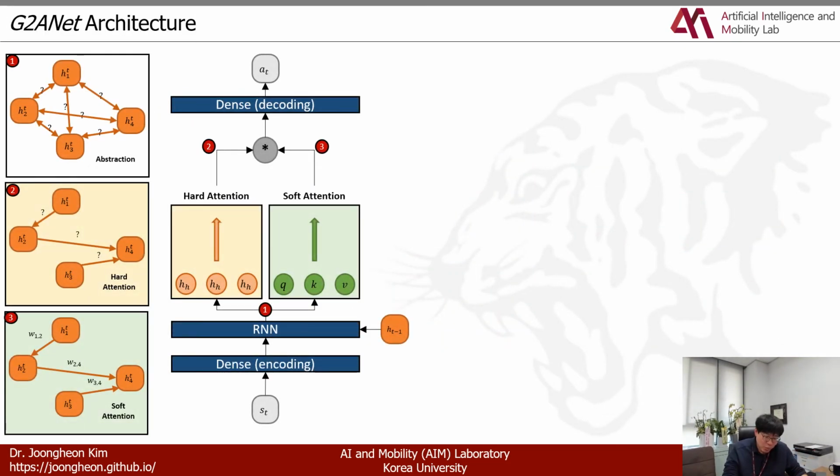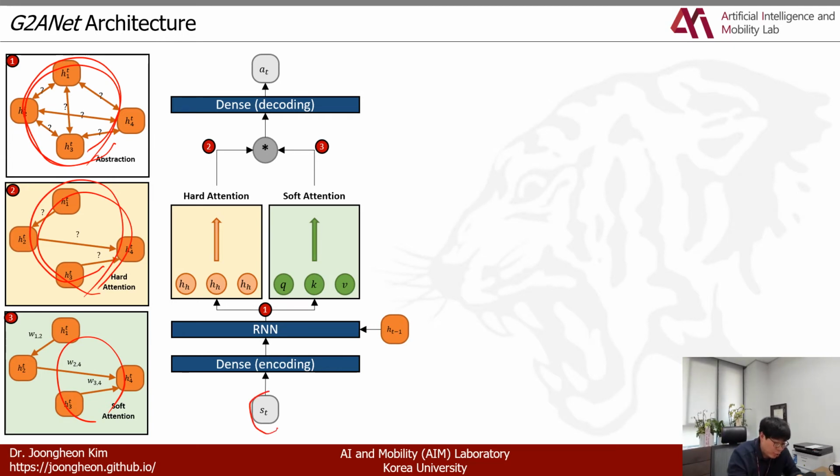So we can see some more details about that in this slide. Okay, so we have 3 steps here, actually 2 steps. First step is just the graph relationship representation. So second step is our first step, the hard attention. Okay, so when we have encoded data here at first, and then we have to pass the hidden layer at